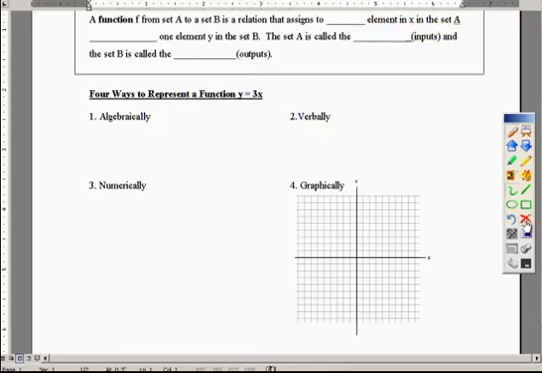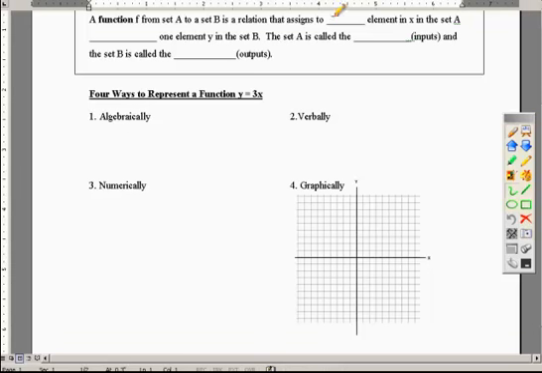Alrighty, welcome to section 1.4, which is dealing with functions. We want to start with the most important definition in this section, and really in chapter 1, which is dealing with what does it mean to be a function. And I'm going to ask you this every day you walk in, what does it mean to be a function? According to your book, a function f from set A to set B is a relation that assigns